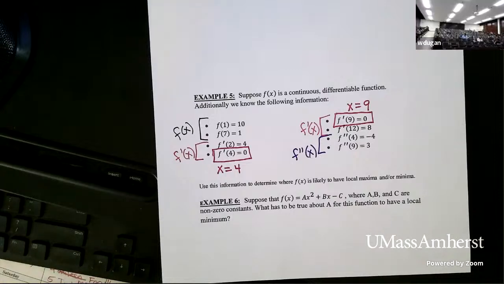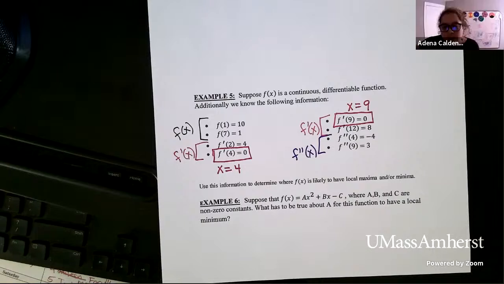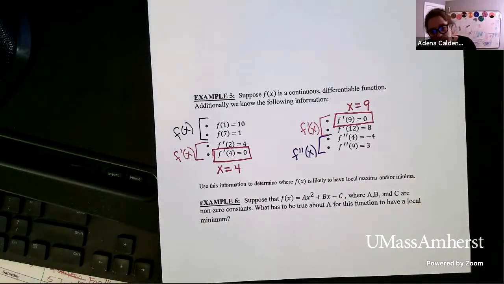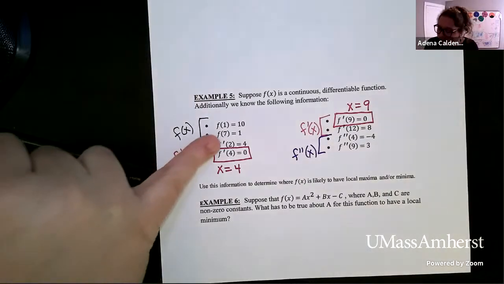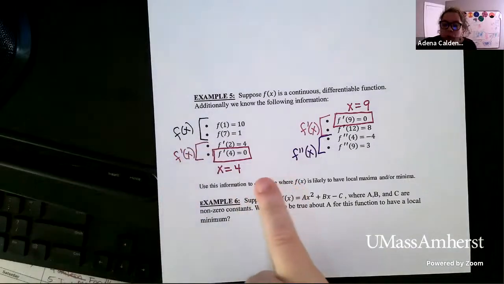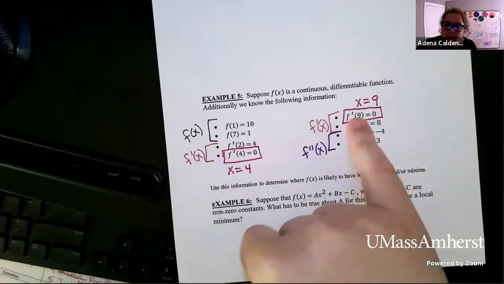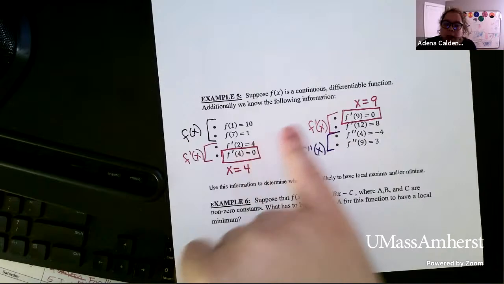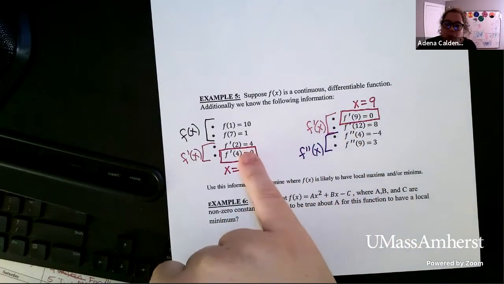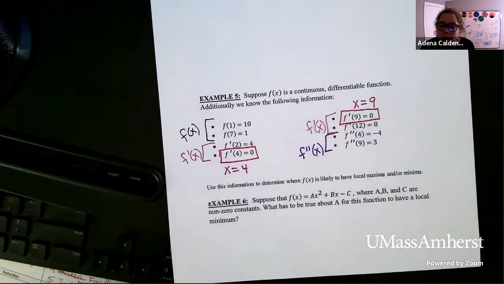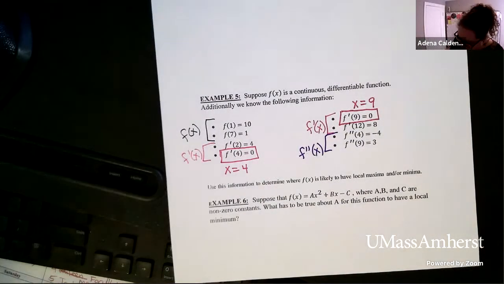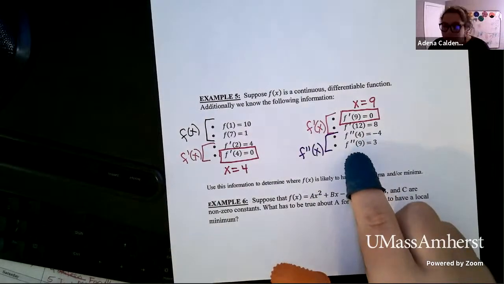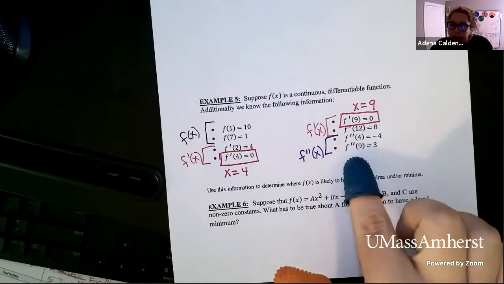If we wanted to use the first derivative test, we would need to be able to find something to the left of 4 and something to the right of 4. We have a value to the left of 4, right? We have 2, which is positive, but we don't have something to the right of 4 because this is also 0. And in order to use the first derivative test, we would need something between 4 and 9, which we don't have. So we look to the second derivative and we see that we have values at 4 and 9